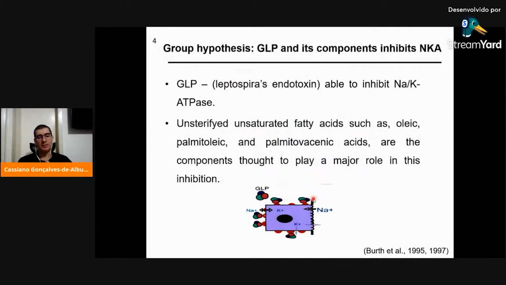Leptospira colonize primarily the kidney and liver. The lysis of leptospira by the immune system response ends up releasing endotoxin, such as GLP, glycolipoprotein, called leptospiral endotoxin, able to inhibit sodium-potassium ATPase. Unesterified fatty acids, such as oleic, palmitoleic, and palmitic acids, are the components thought to play a major role in this inhibition. So, GLP targets sodium-potassium ATPase in the proximal tubule in the kidney, avoiding sodium uptake, which increases sodium